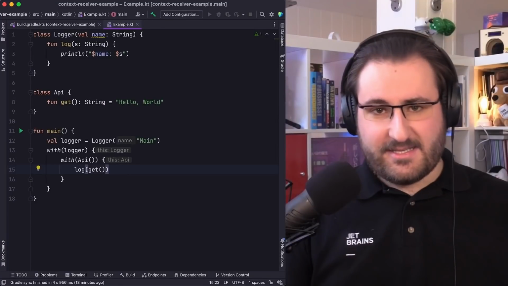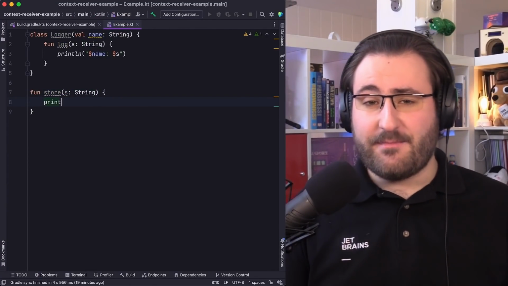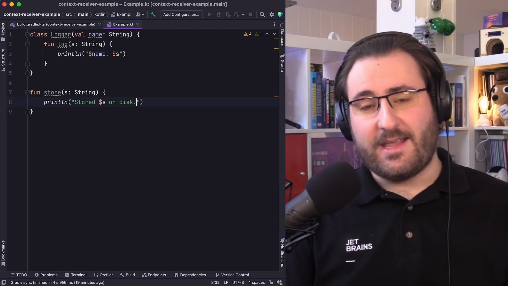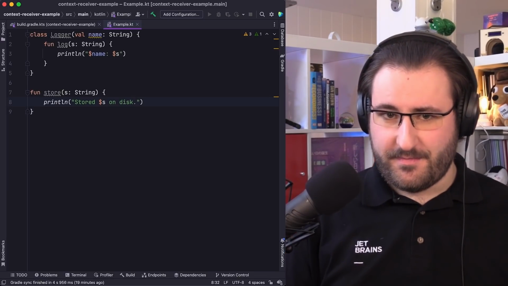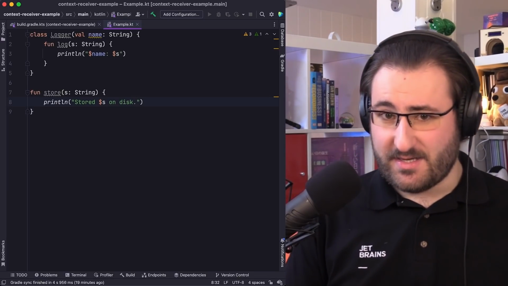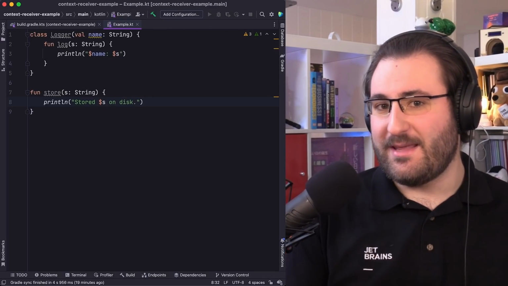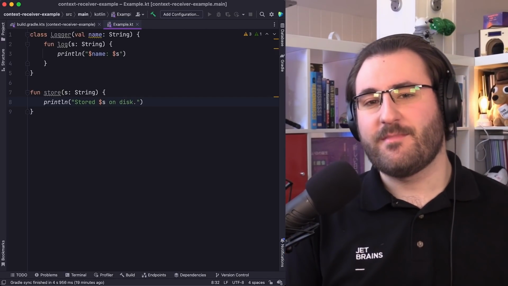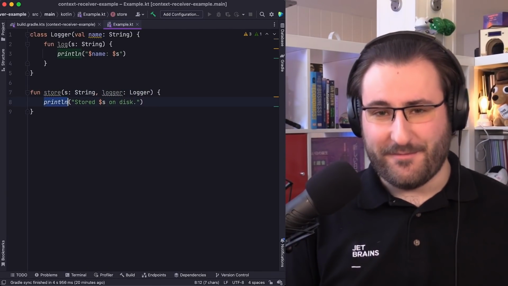I'm sure that'll clear it up a little, and you'll get to see what the implications of all of that is. Let's say you have a function that stores a string somewhere. Could be on disk, could be in a database, doesn't matter. We're only pretending at this point. Now, let's add one more requirement. Our function shouldn't just store something on disk, it should also use a logger implementation to keep track of all the write operations. Alright, easy enough, we still have a logger operation from beforehand.